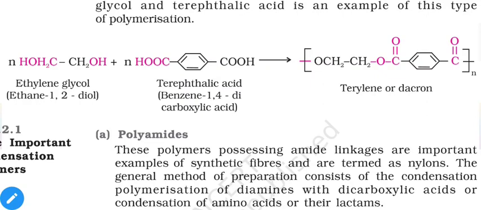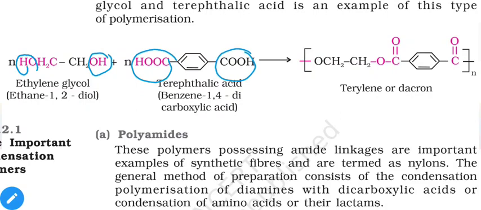So as we can see, we have two alcoholic groups in ethylene glycol. On both ends we have OH groups in ethylene glycol, whereas in terephthalic acid we have two COOH groups. So that means both of them contain two functional groups. That's why they are bifunctional. So when this type of molecules combine with each other, they will lose some simple molecules. So let us try to find which type of molecules will be released during this reaction.